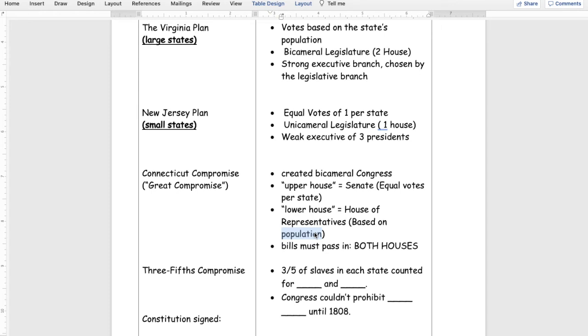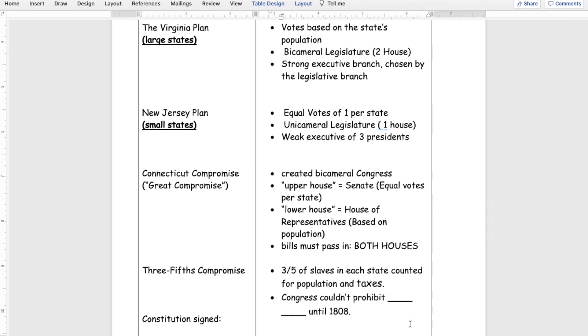So, what did they do? The northern states and the southern states compromised. And they said that 3/5 of slaves in each state could count for population. They said, that's all caps. They said, we will allow you to count them for population, but not as a full person, only 3/5 of a person. Meaning for every 5 slaves you have, you will get 3 towards your population. But you must also count them for